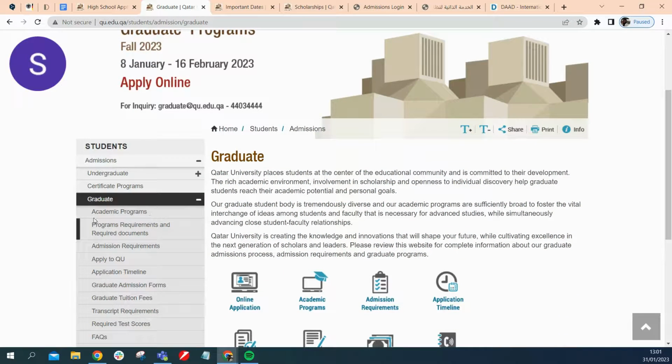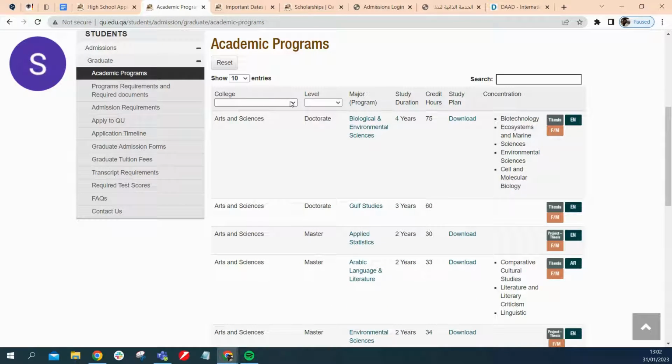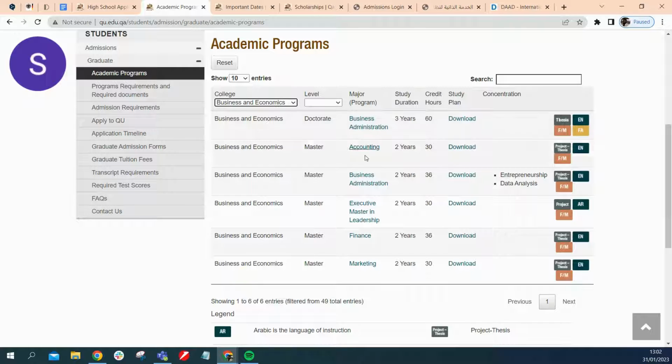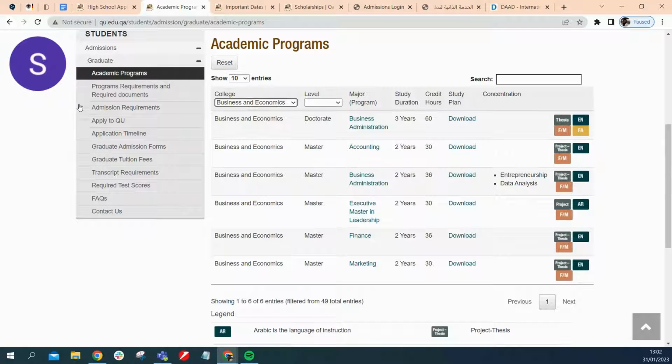So for a graduate program, looking at the academic programs, they have different faculties: arts and sciences, business and economics, education, engineering. So, for example, I select economics. You can already see different majors: business administration, accounting, finance, marketing. Look through the legend. You can see EN is English, AR is Arabic. So basically, you can apply to this course. They are in English. And when I look at the program requirements,